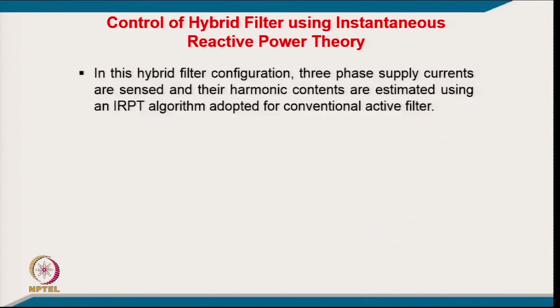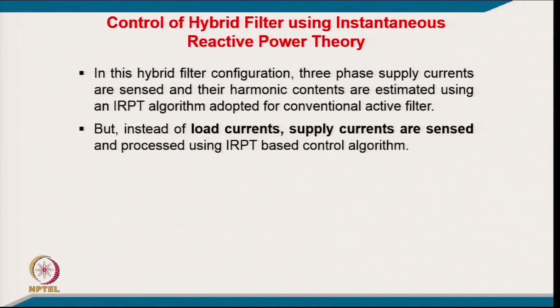So, that becomes a very simple control. In this hybrid filter configuration, the 3 phase supply currents are sensed and their harmonic currents are estimated using the IRPT algorithm adopted for the conventional active filter. But instead of load current, supply current is sensed, and processed using an instantaneous active power theory based control